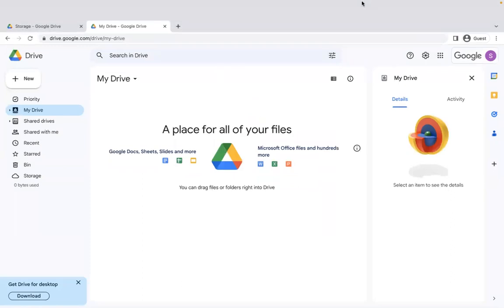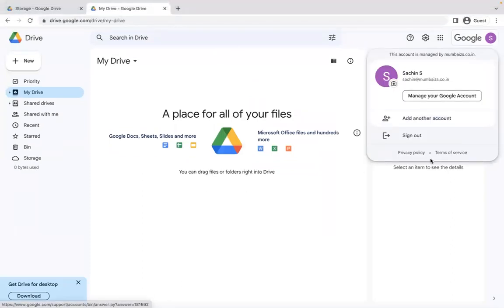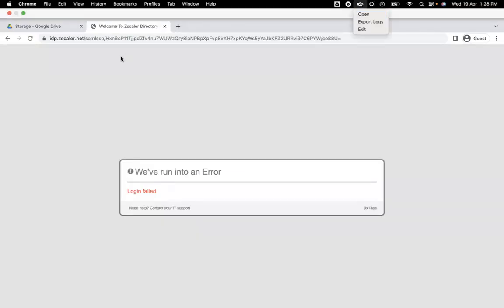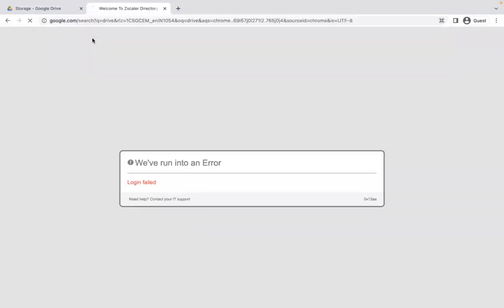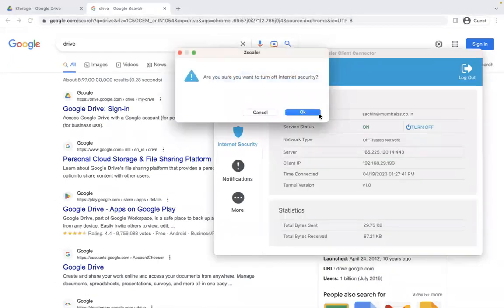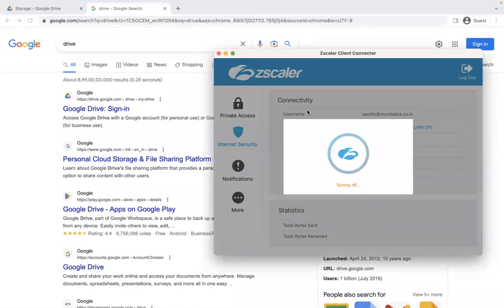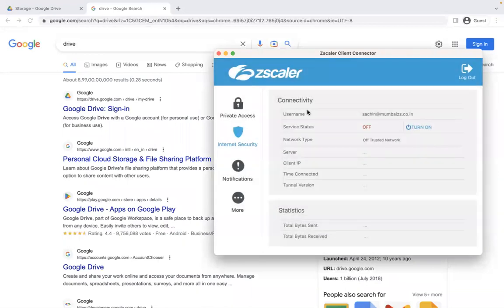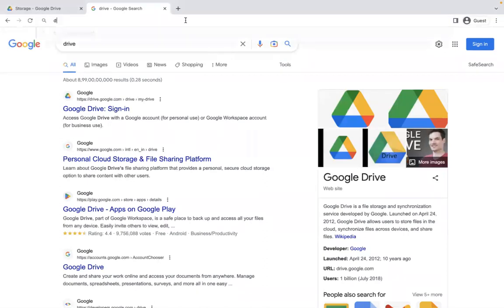Now, what I will do is, I will sign out from this particular device and turn off Zscaler. So I'll go here, I'll click on turn off. So that means essentially now I'm an unmanaged device because I'm trying to access a corporate Drive SaaS application via a device which doesn't have Zscaler. Now, when I do that,